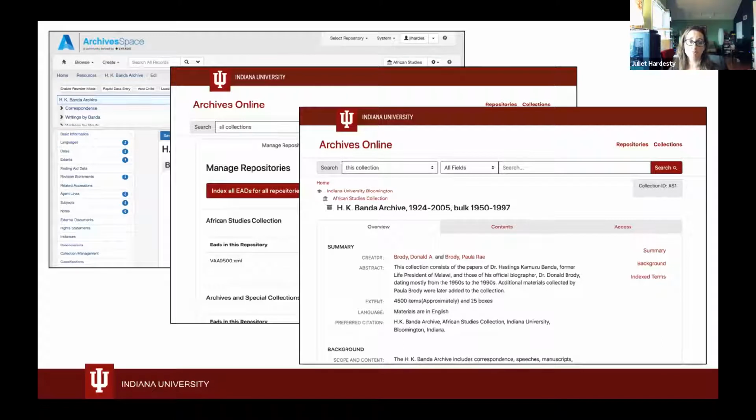And our IU implementation is actually going much more out of the box with ArcLight than what Duke has done. So Notch 8 implemented some IU branding for us, and we're making use of the repositories page as our home page. But other than that, we haven't really fundamentally modified much else about what ArcLight is doing at this point. We're currently working to move to a containerized system using Podman. So we're moving away from Docker, and we think that'll help us achieve a more manageable long-term server setup for this service.